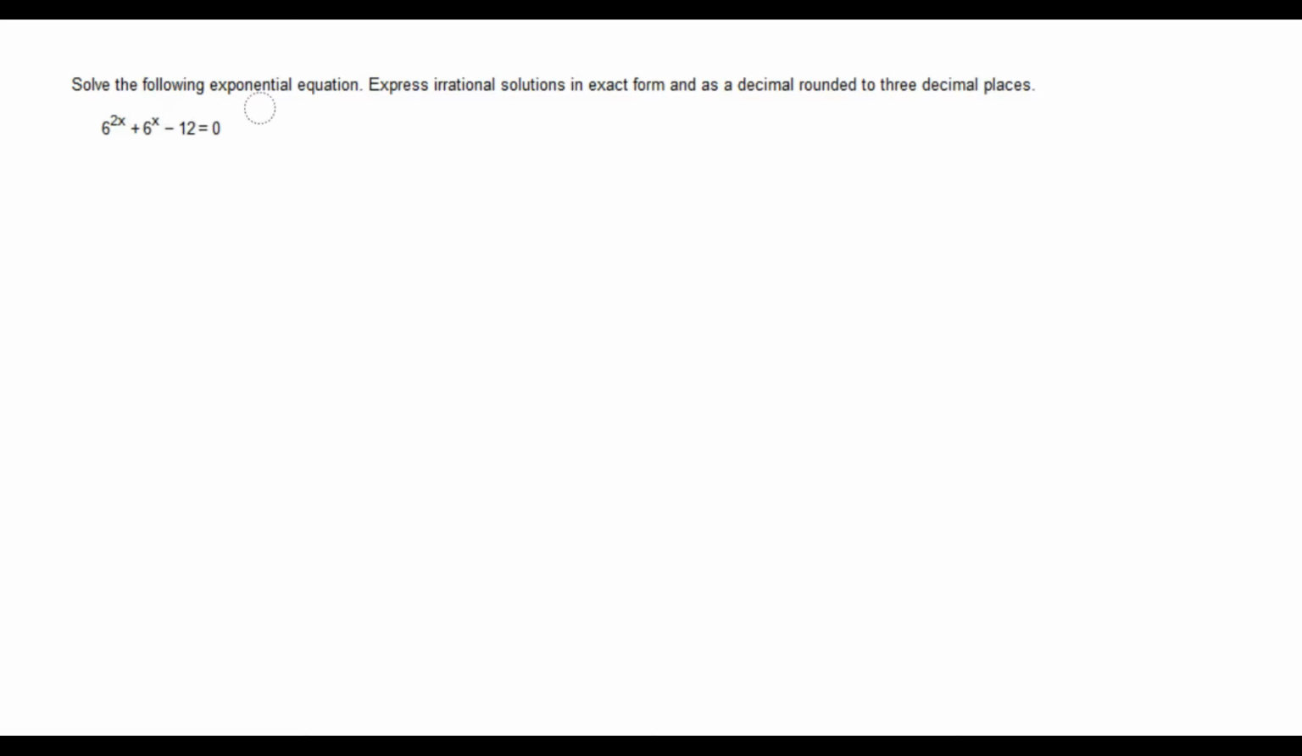This question says, solve the following exponential equation, express irrational solutions in exact form, and as a decimal rounded to 3 decimal places. This equation is 6 to the 2x plus 6 to the x minus 12 equals 0. In this exponential equation, it follows a special pattern, and we're going to use a special method to solve this